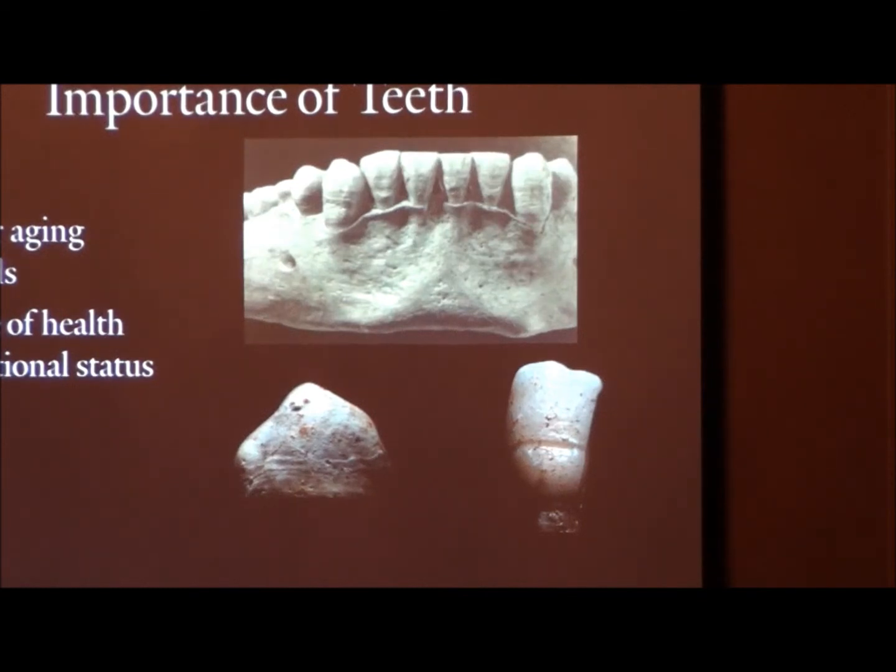So the way teeth form, they start from your crown and grow all the way down to the root. And your body lays down enamel every 7 to 10 days, 2 weeks or so. And so all of our teeth in here are generally very, very smooth, unless you had some traumatic incidents as you were growing. So these are always on permanent teeth, by the way. And we get what we